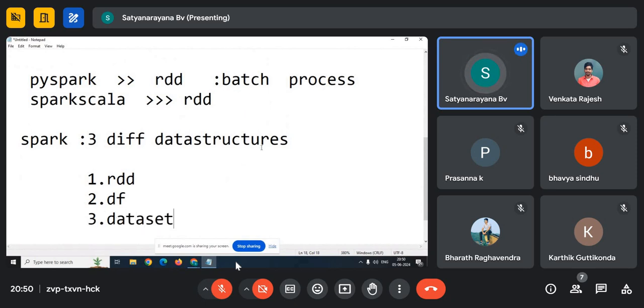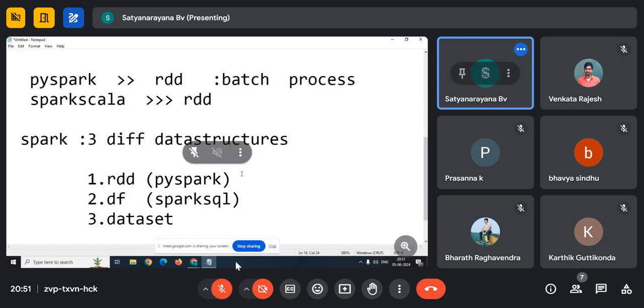These three different data structures are used to analyze data with Spark. Analyzing with an RDD is called batch processing analysis, isn't it? Understood? When you create a data frame and analyze it, that is interactive analysis. But when there is a data frame, what do we analyze with? Spark SQL. Did you understand, guys?